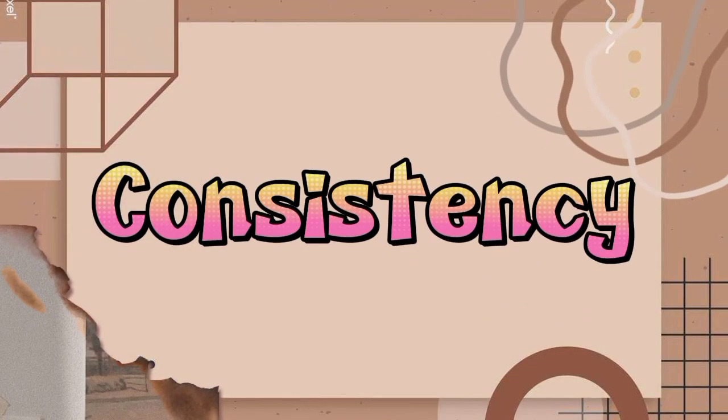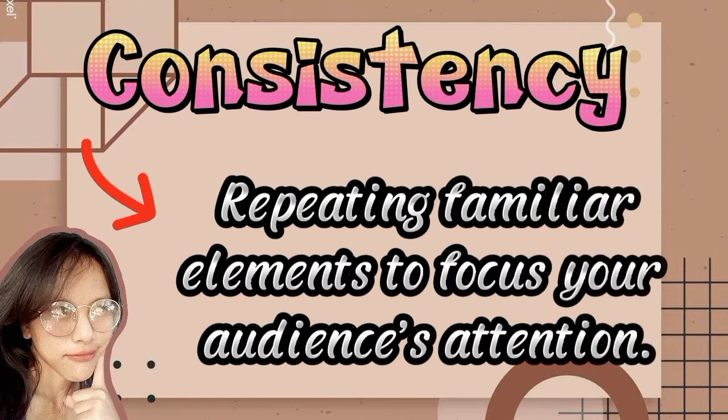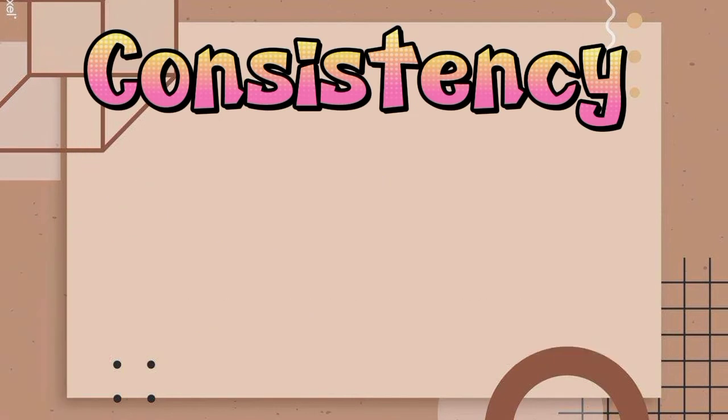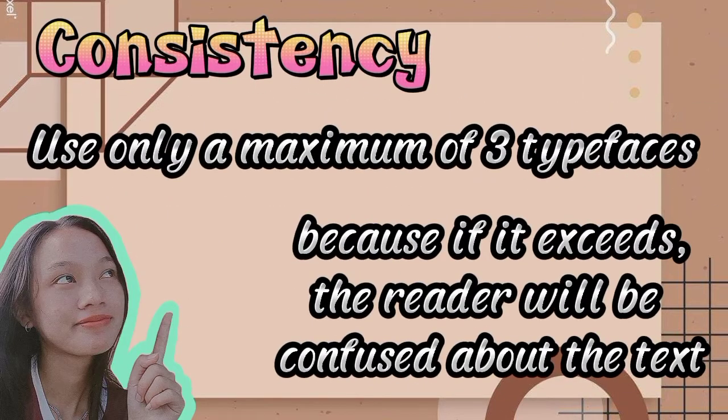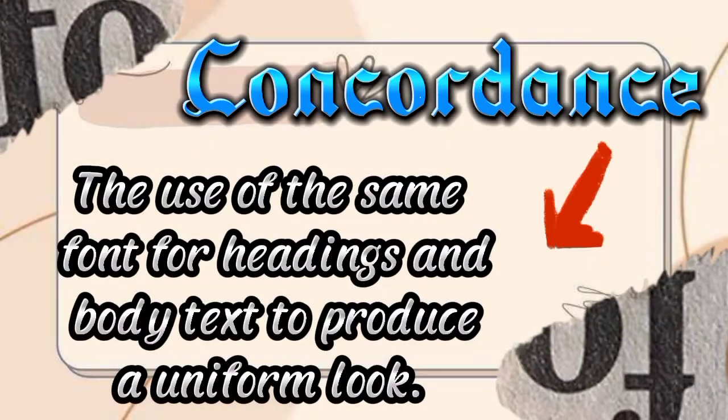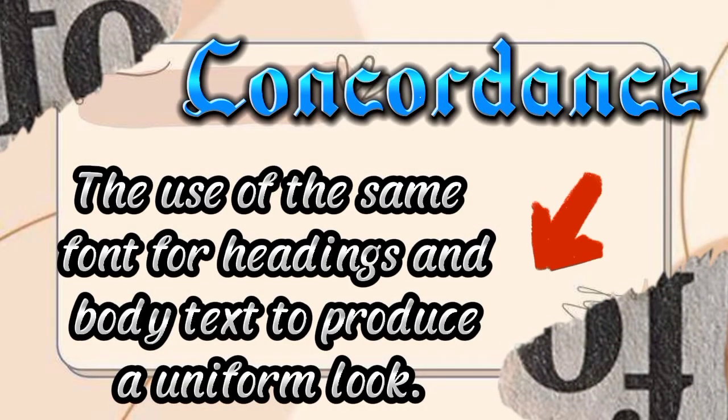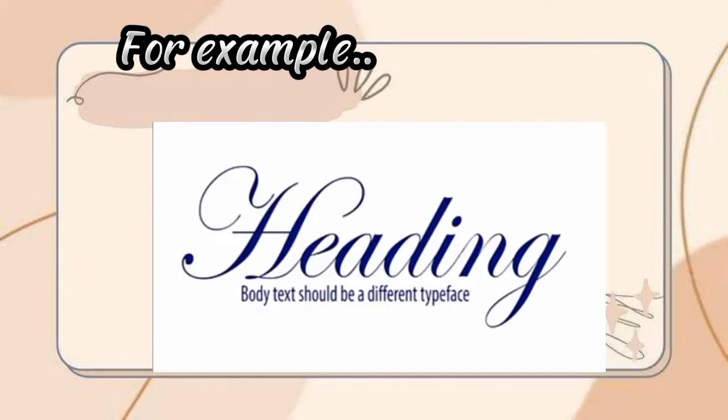Consistency, repeating familiar elements to focus your audience's attention. You can only use a maximum of 3 typefaces because if it exceeds, the reader will be confused about the text. Concordance, the use of the same font for headings and body text to produce a uniform look. For example,